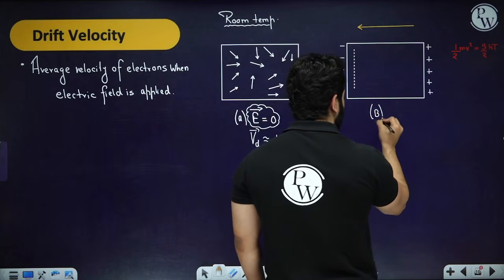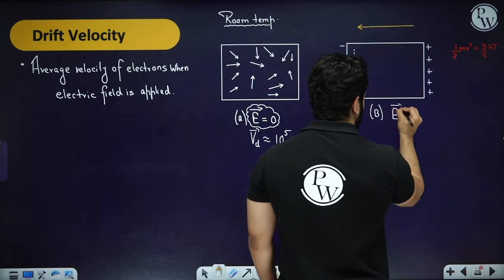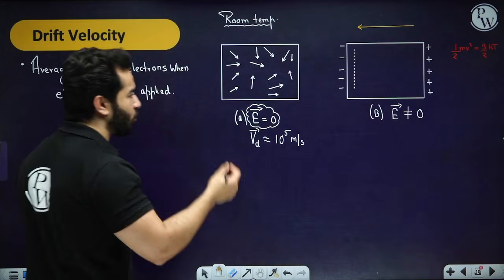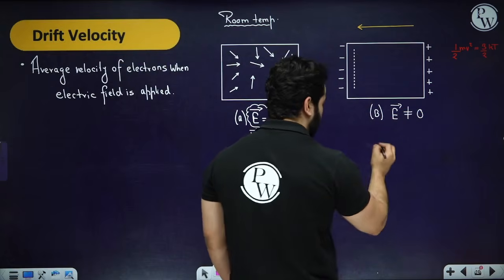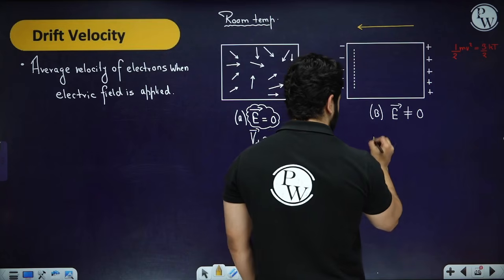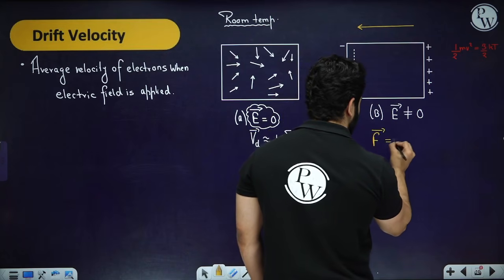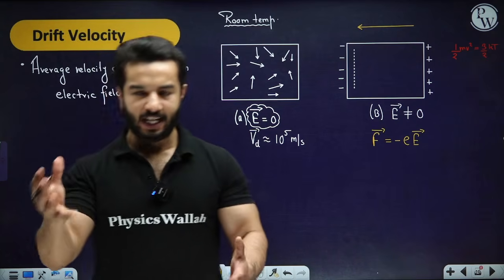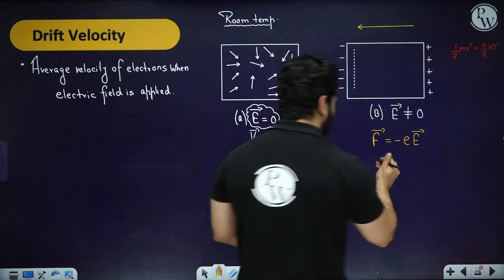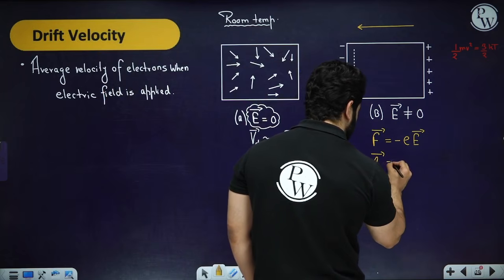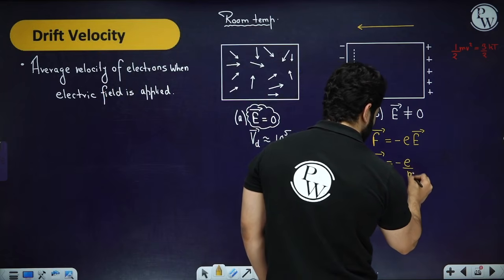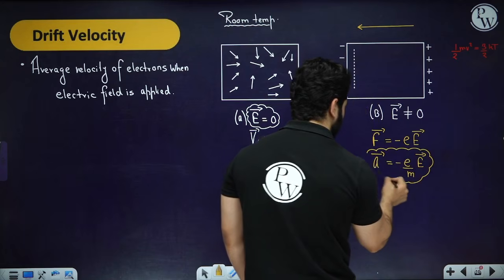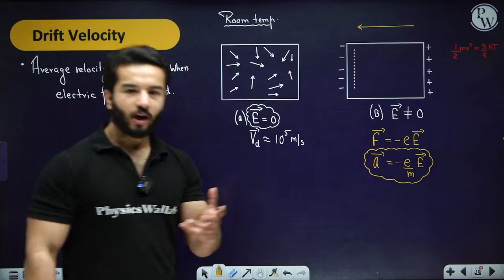So this is the part where we have applied an electric field. A force will get applied on an electron, and that force will actually be minus e times E. That means the charge of an electron times the electric field that we have applied. Further, we can rewrite that. So that means it will also have an acceleration. Nothing so difficult about it, right? And if it has got acceleration,